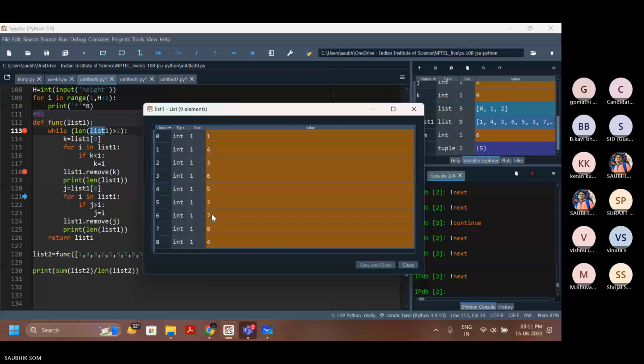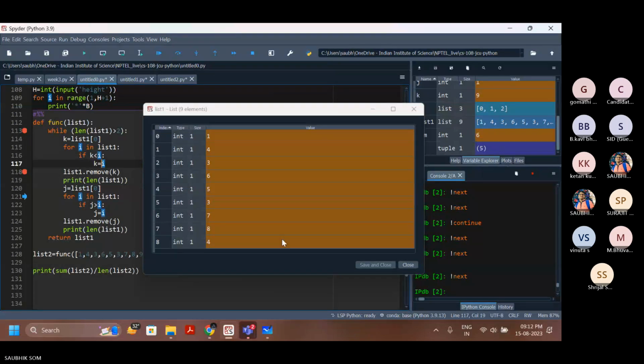Yes, sorry, I'm finding the largest element here, because if k is less than i, k is changing. This is the smallest element. So the highest element was